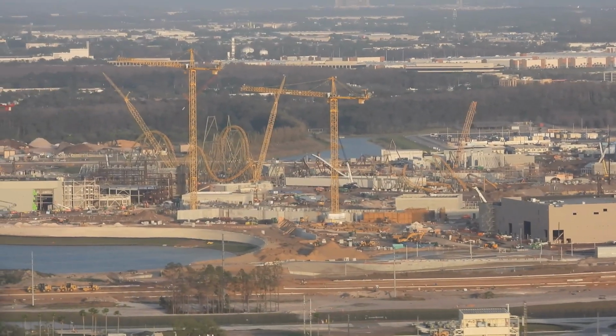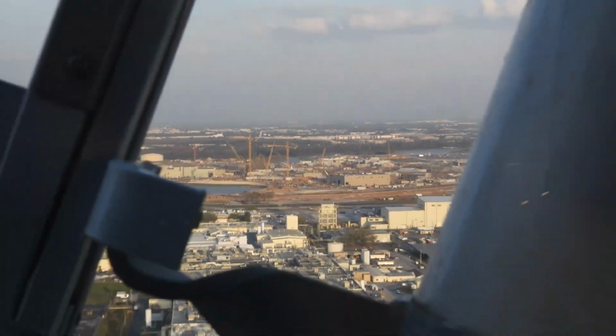Aquatica Water Park. Looking southwest toward Tampa, you might notice what looks a little like a giant golf ball peeking over the treetops. This geodesic